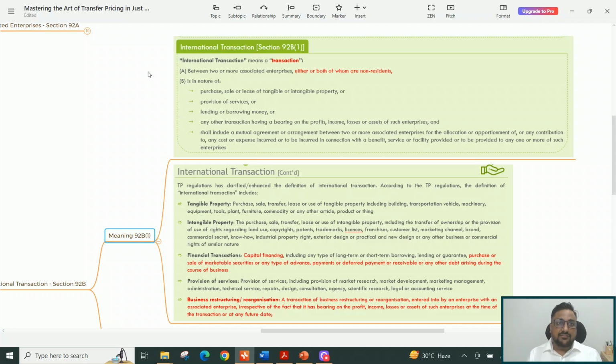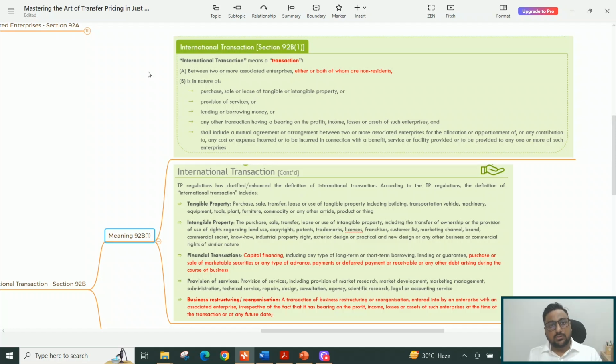Now, if there's a company called A Co in India, it has its own shares which are being held by B company, which is based out of the UK. Now there's a C company of the same group which is based out of the US. B company and C company are both associated enterprises because they belong to the same group. Now if there's a transfer of the shares held by B Co in A Co, and B Co sells or transfers those shares to C company in the USA,